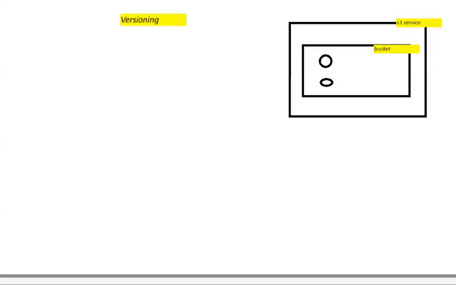Hello guys, welcome back. In this video, let us see more detail about bucket property. One of the bucket properties is versioning. By default, versioning is disabled. At the time when versioning is disabled,